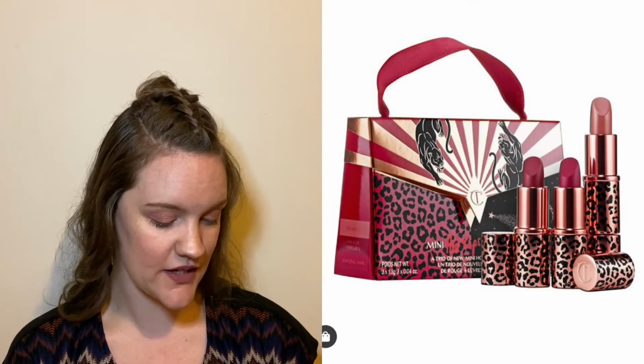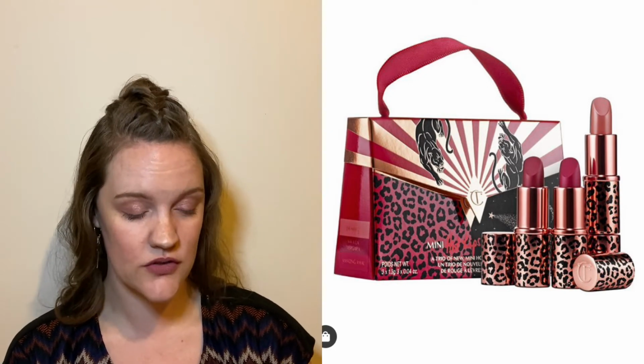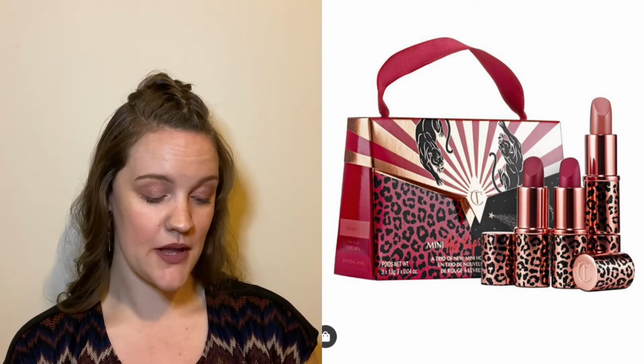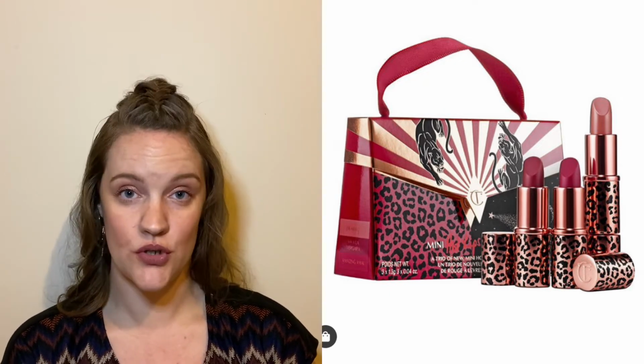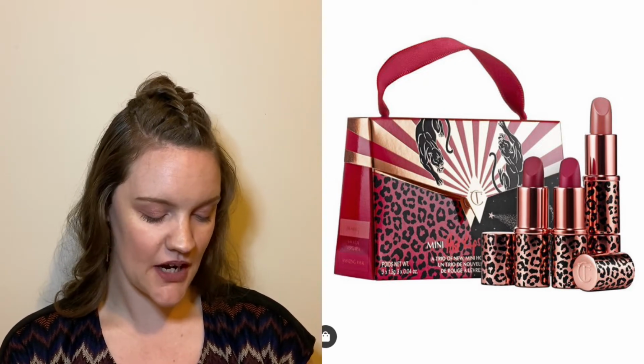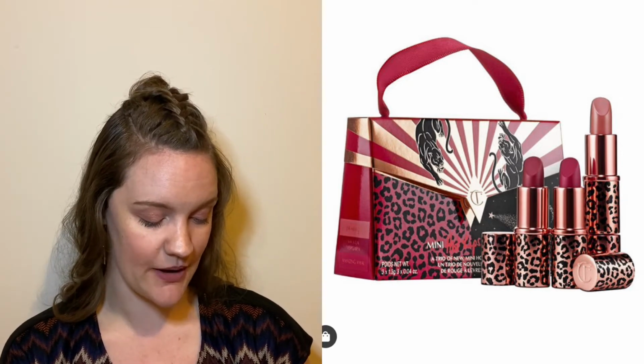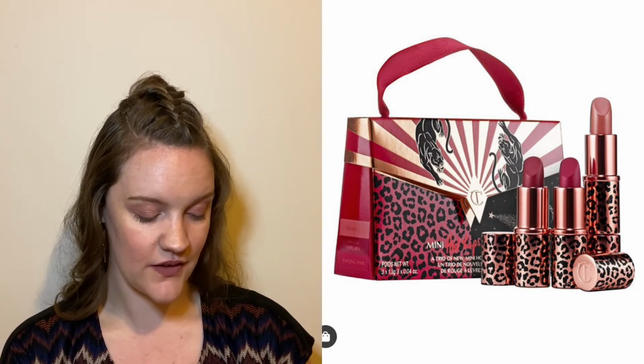Next we have another lip set, and that is from Charlotte Tilbury. This is the Hot Lips 2 mini lip set, and this one is $25 or £25. So this includes 3 mini lipsticks from the Hot Lips 2 range, including Amazing Amal, which is a raspberry red, JK Magic, which is a nude, and then Viva La Vergara, which is a dark red kind of wine